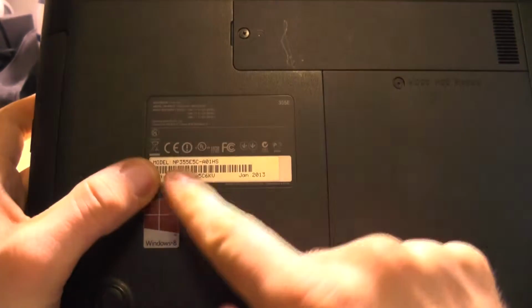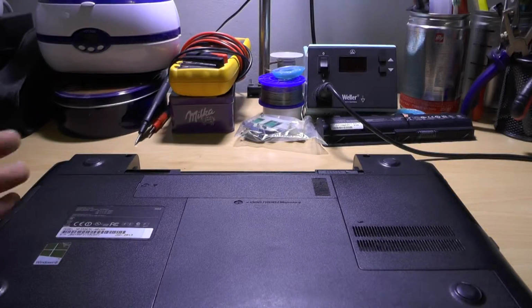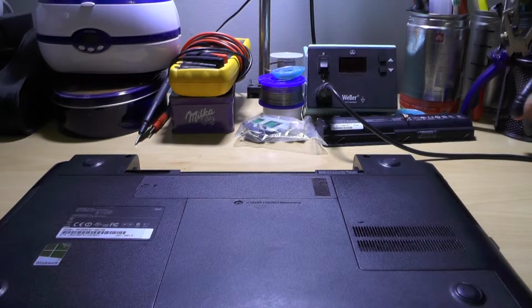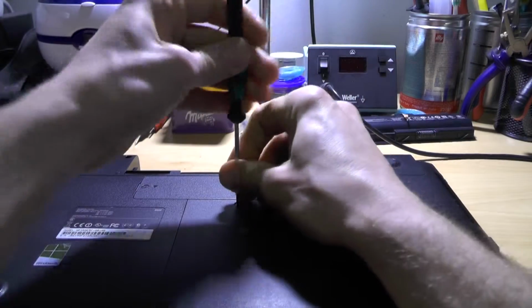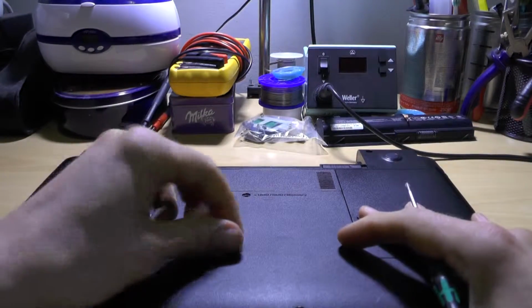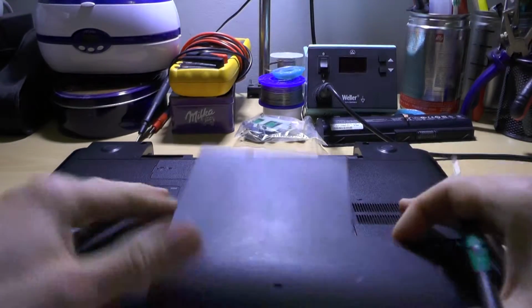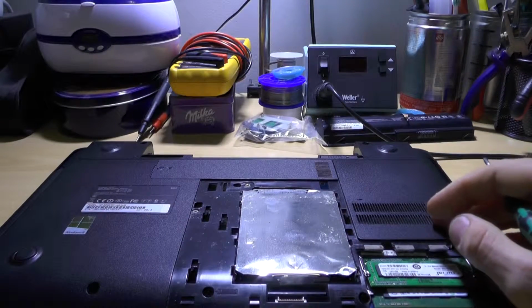The model is 355E5C, and there are no Windows licenses or whatnot in here. Their plastic is not that bad, but it kind of tends to fall apart. So, one screw, this is a small one. You pull it. I believe that this laptop is actually